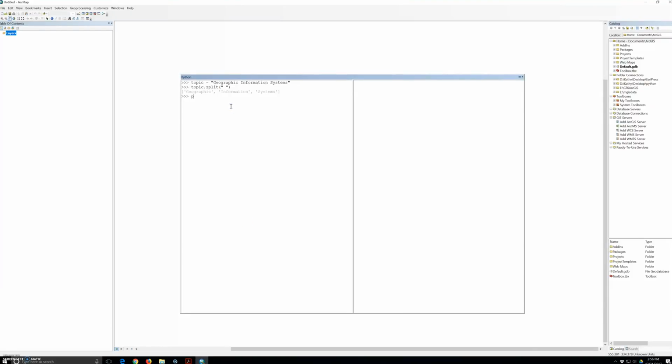We will have path equals "C:/data/part1/final", and path_list equals path.split, with the slash, and last_path equals path_list[-1], and we're going to print last_path,